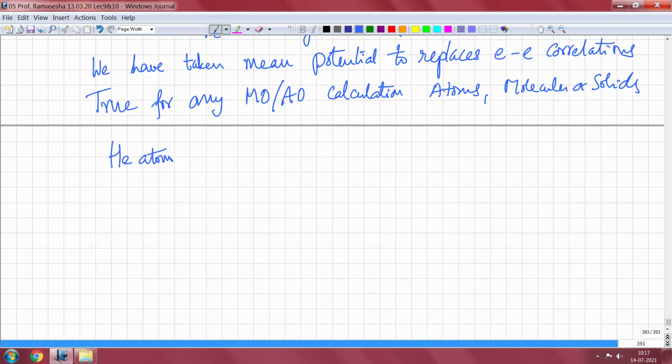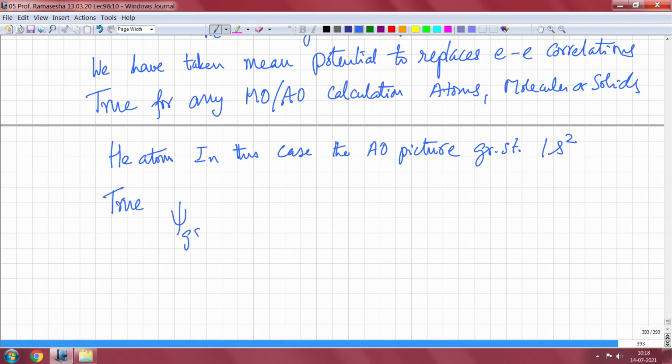So, when you are looking at the helium atom, you will see that in this case the AO picture gives you the ground state as 1s2, the 1s orbital having 2 electrons. Now, this is really not true, in the sense that if you were to find out the orbital in which an electron is found, the true state you will find is that the true psi ground state of the helium is actually a very large fraction of 1s2 plus smaller fractions of other configurations like 2s1,